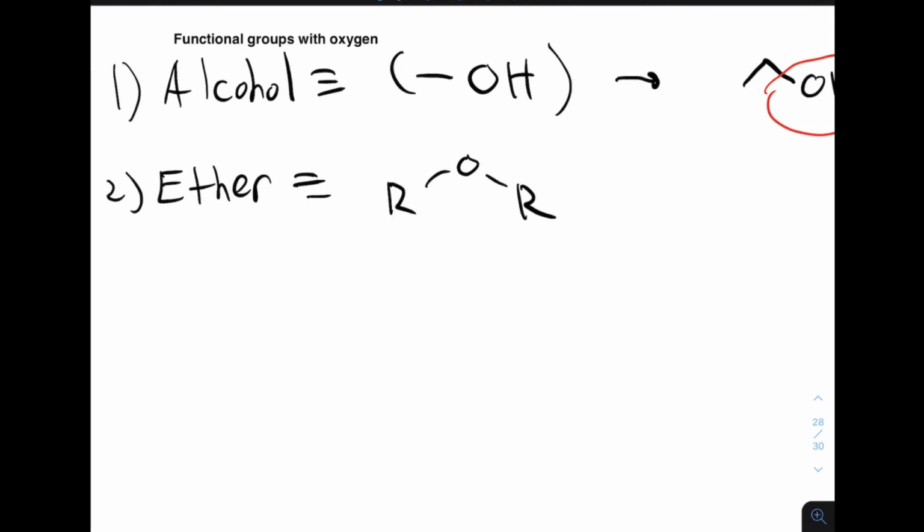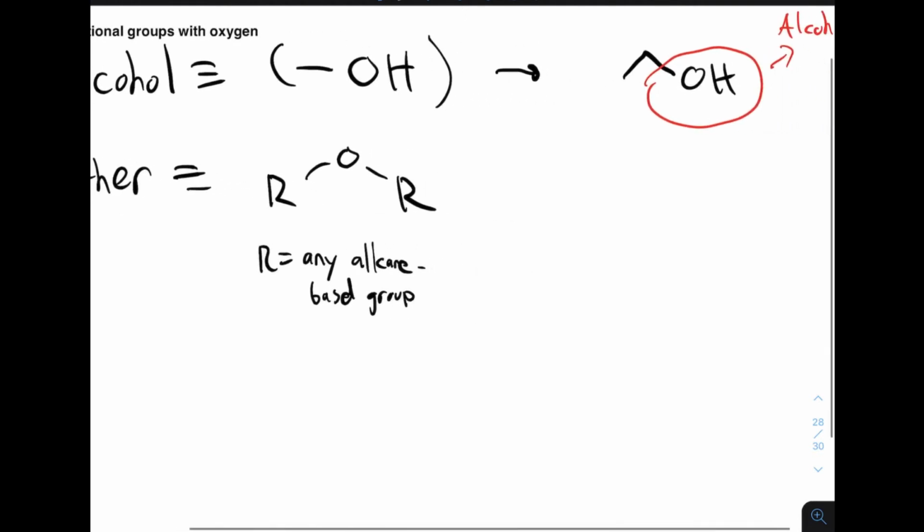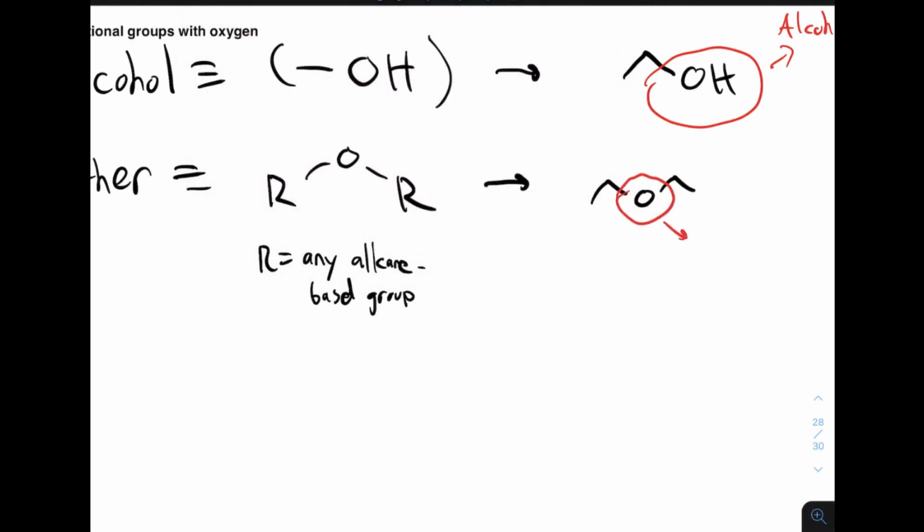And you notice that I've used R here, and what R means is just any alkane-based group. Okay. So for example, if I was to draw an ether, just like this. So this compound here is an ether. You notice from the top example,